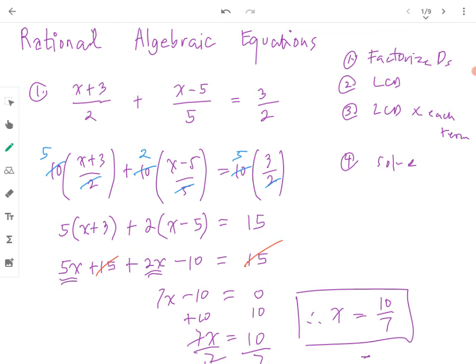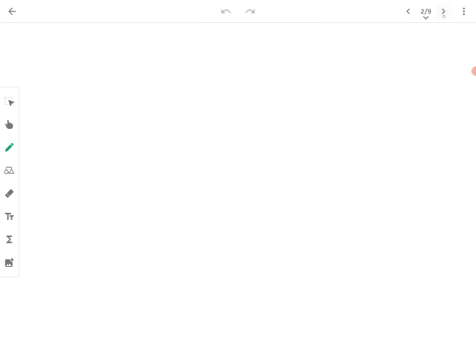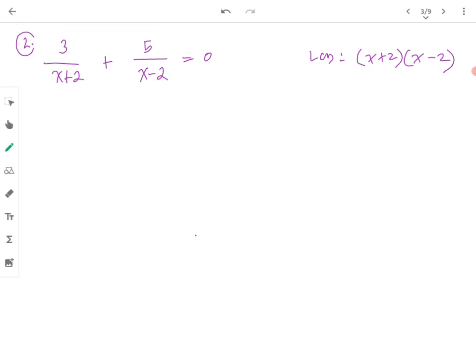Okay. Next, number 2. For our LCD, we don't need to factor x plus 2 and we don't need to factor x minus 2. So we go directly to finding the LCD, and that LCD is x plus 2 times x minus 2. So we multiply all these terms by the LCD. So our LCD is x plus 2 times x minus 2